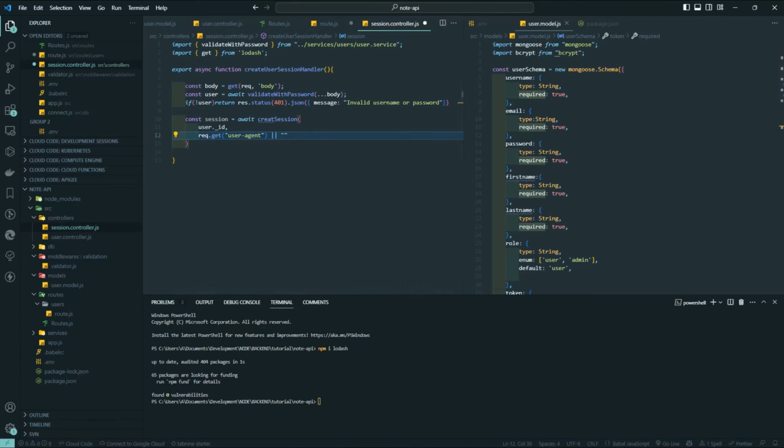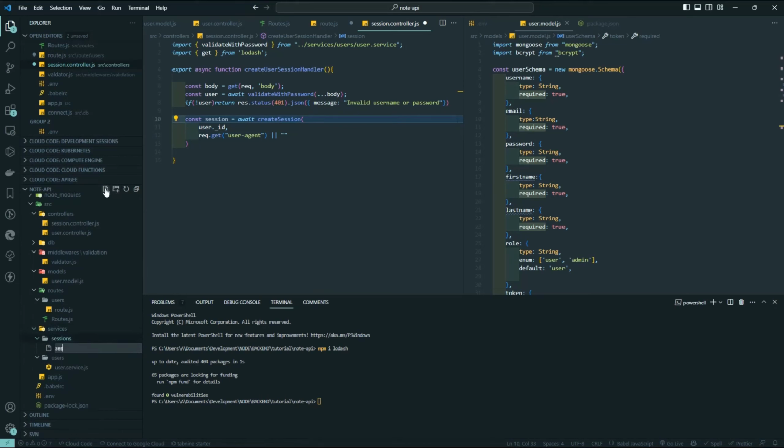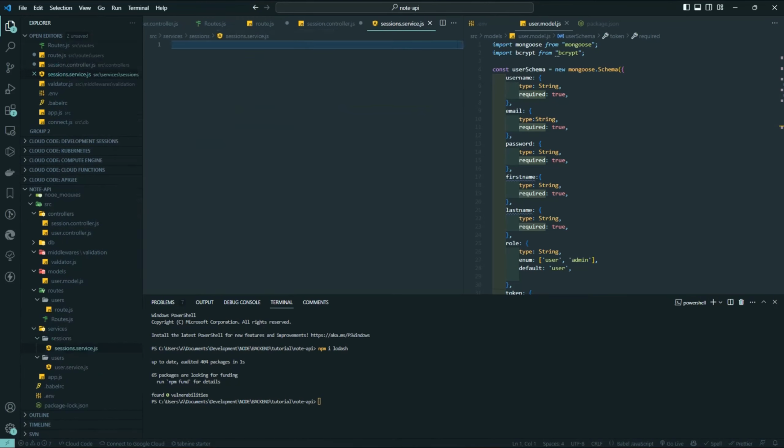We'll pass in the user ID and also we need to get the user agent from the request. That is the browser the user is using. So if there is none, we'll just